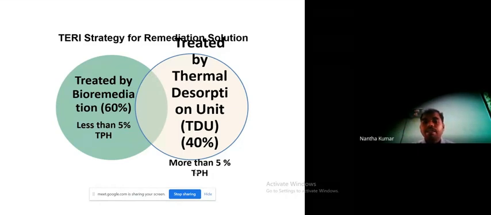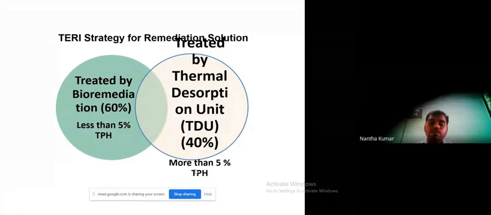Whatever material has more than 5%, or even more than 7%, is taken care of through the thermal desorption unit. That is the TDU treatment method, for 40% of the total material. Oil that can be recovered is separated and can be reused.